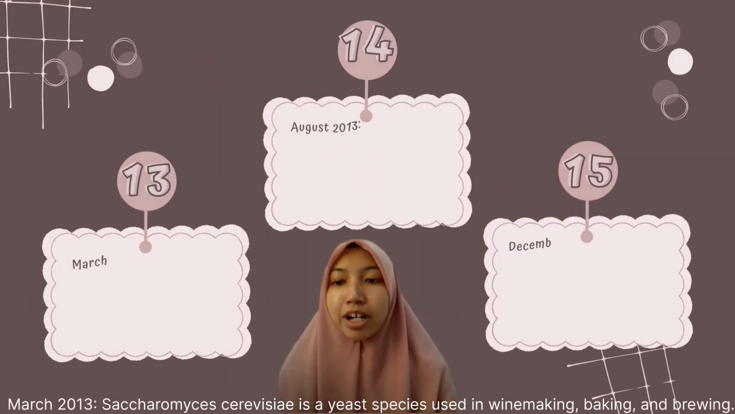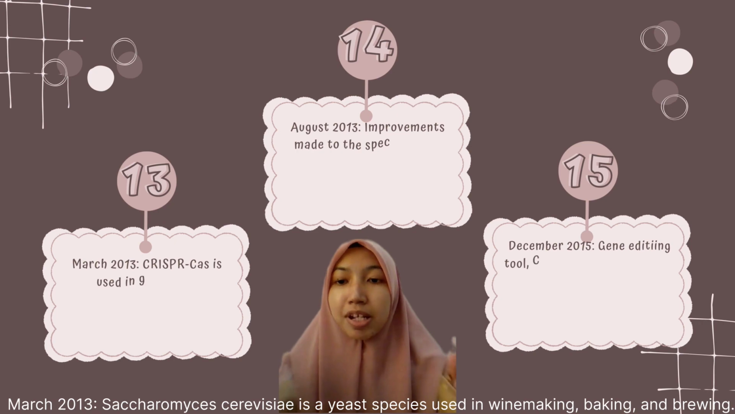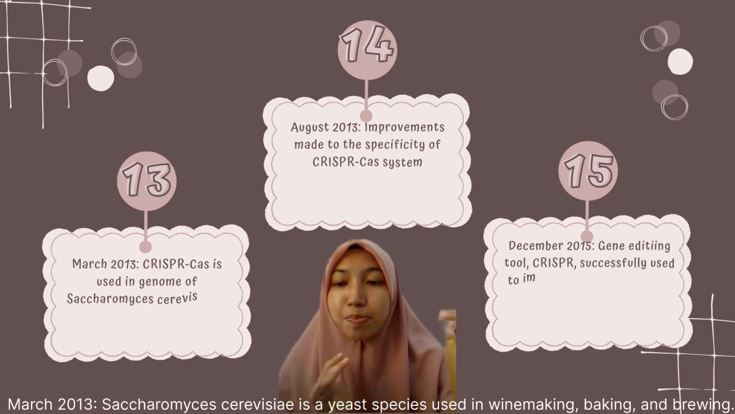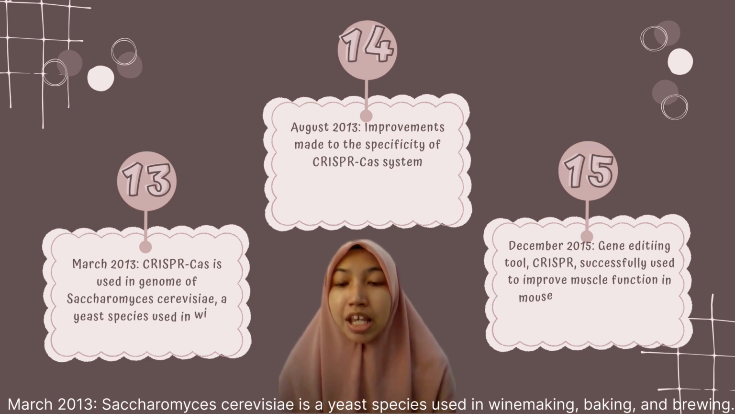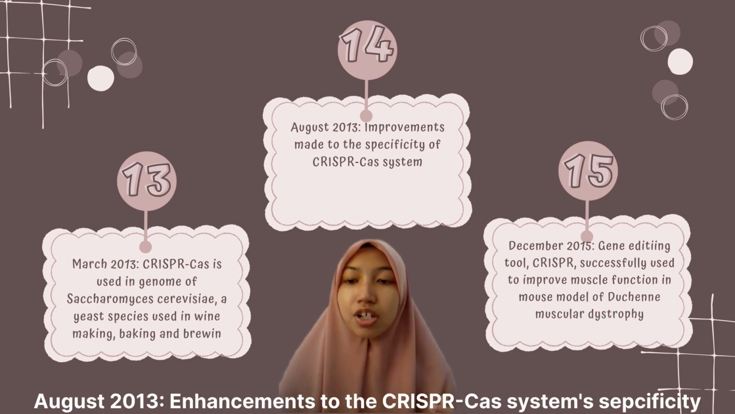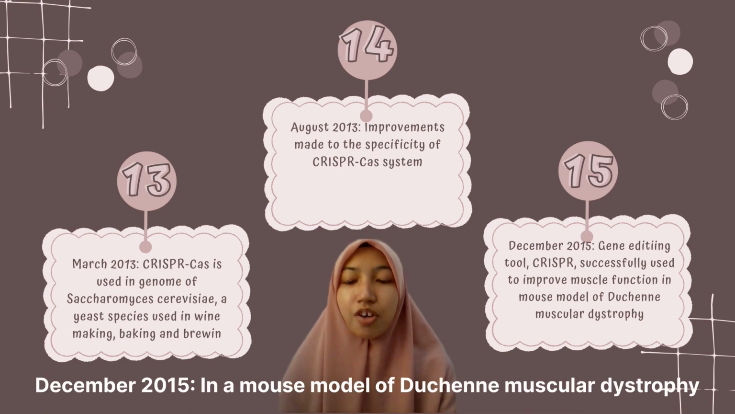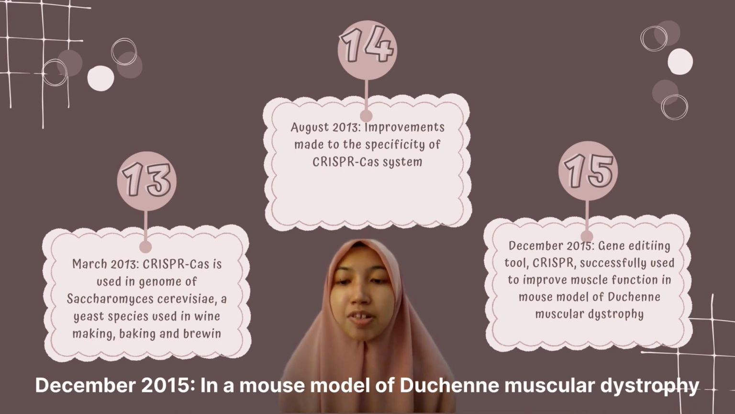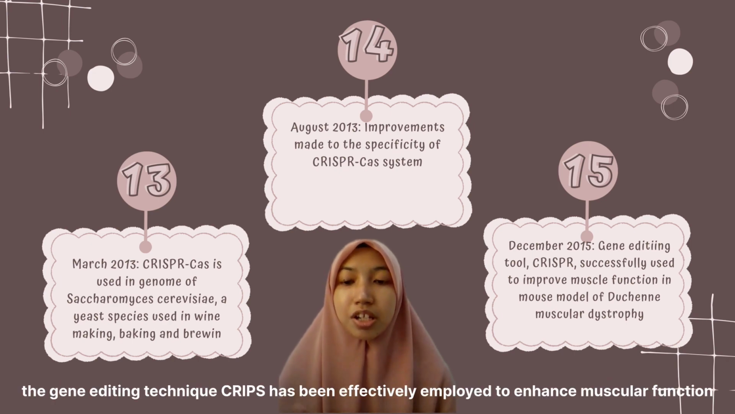Okay. In March 2013, Saccharomyces cerevisiae, a yeast species used in winemaking, baking, and brewing, had its genome edited using CRISPR-Cas. In August 2013, enhancement to the CRISPR-Cas system's specificity. In December 2015, in a mouse model of Duchenne muscular dystrophy, the gene editing technique CRISPR was effectively employed